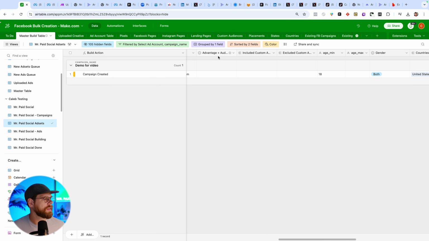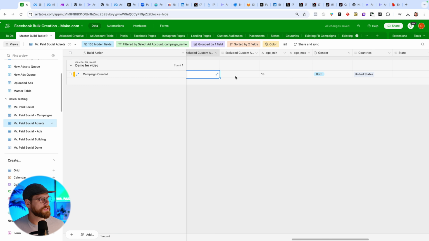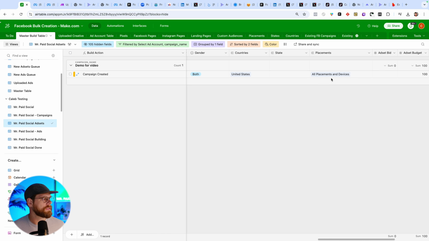Select the start date, and whether or not you want the Advantage Plus audience to be used. You've got your audience level targeting stuff here. So if you're doing included, exclusions, your ages, gender, countries, states, basically everything that you would normally select within Meta,